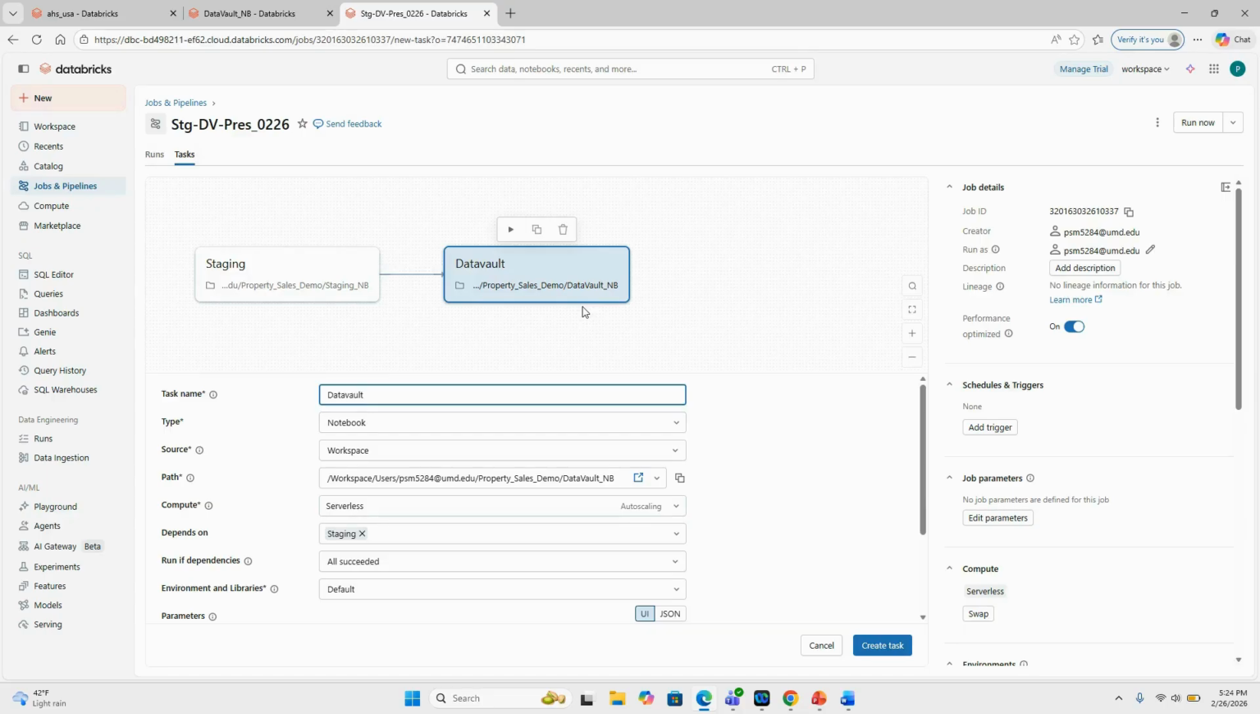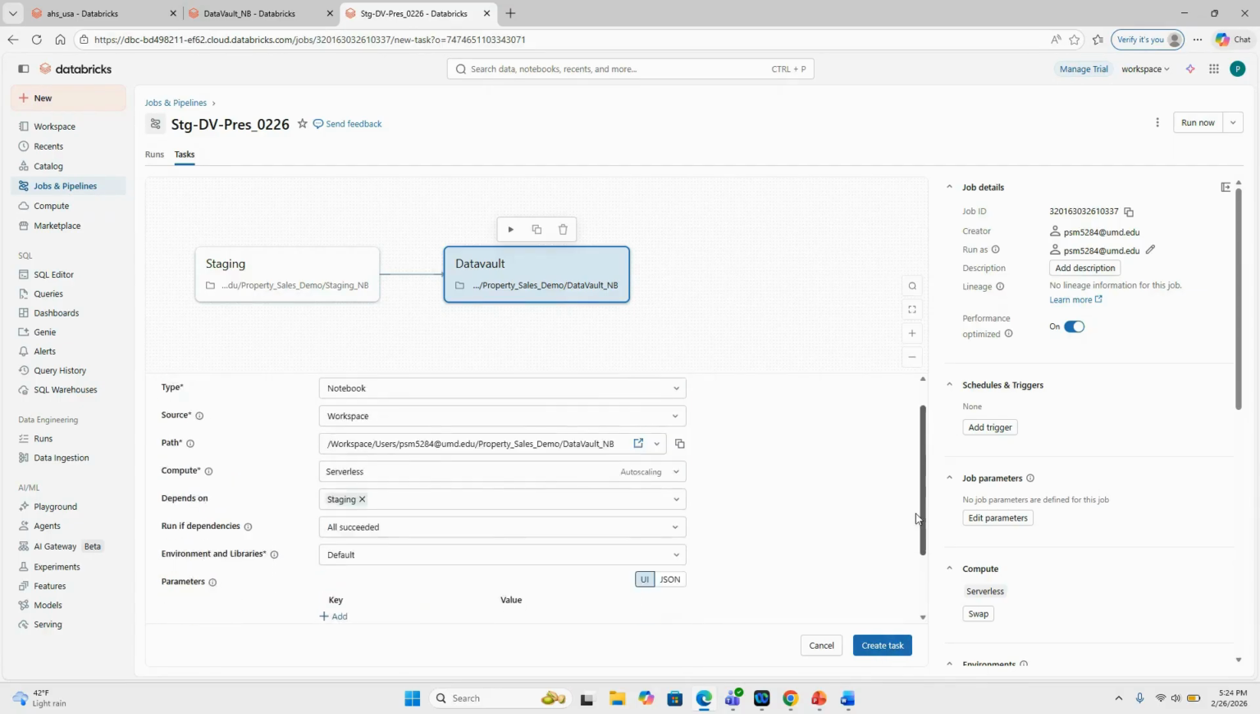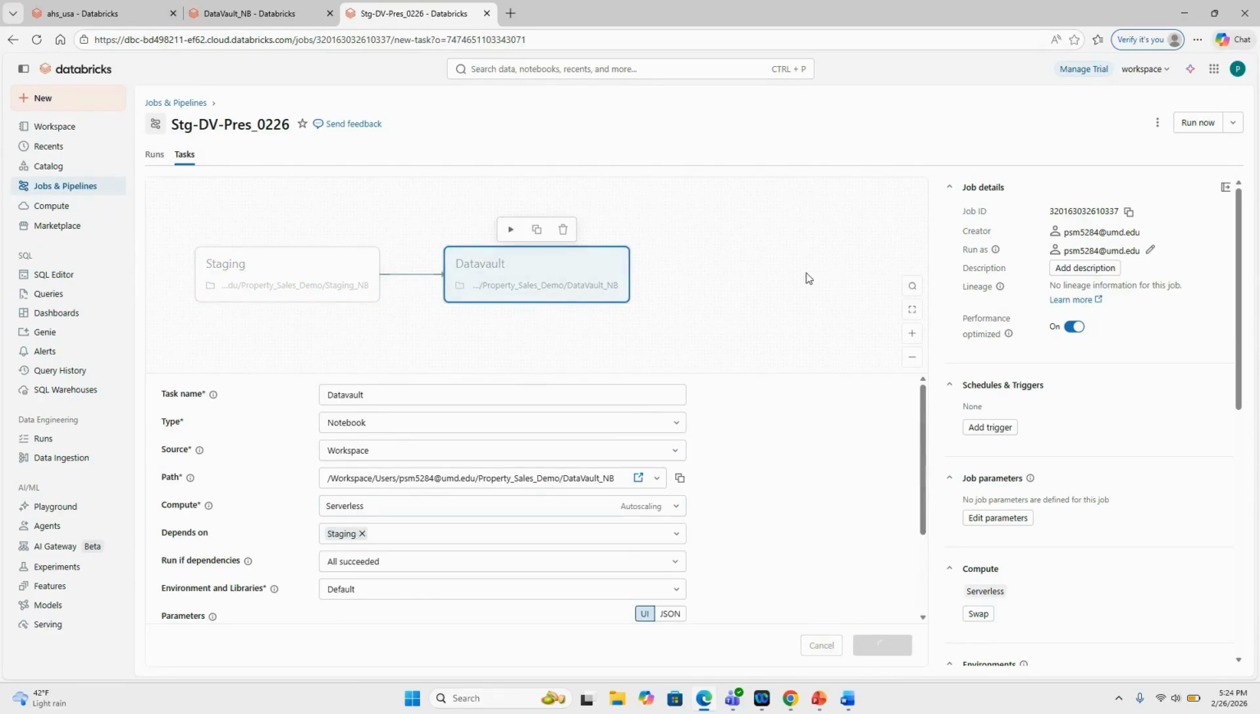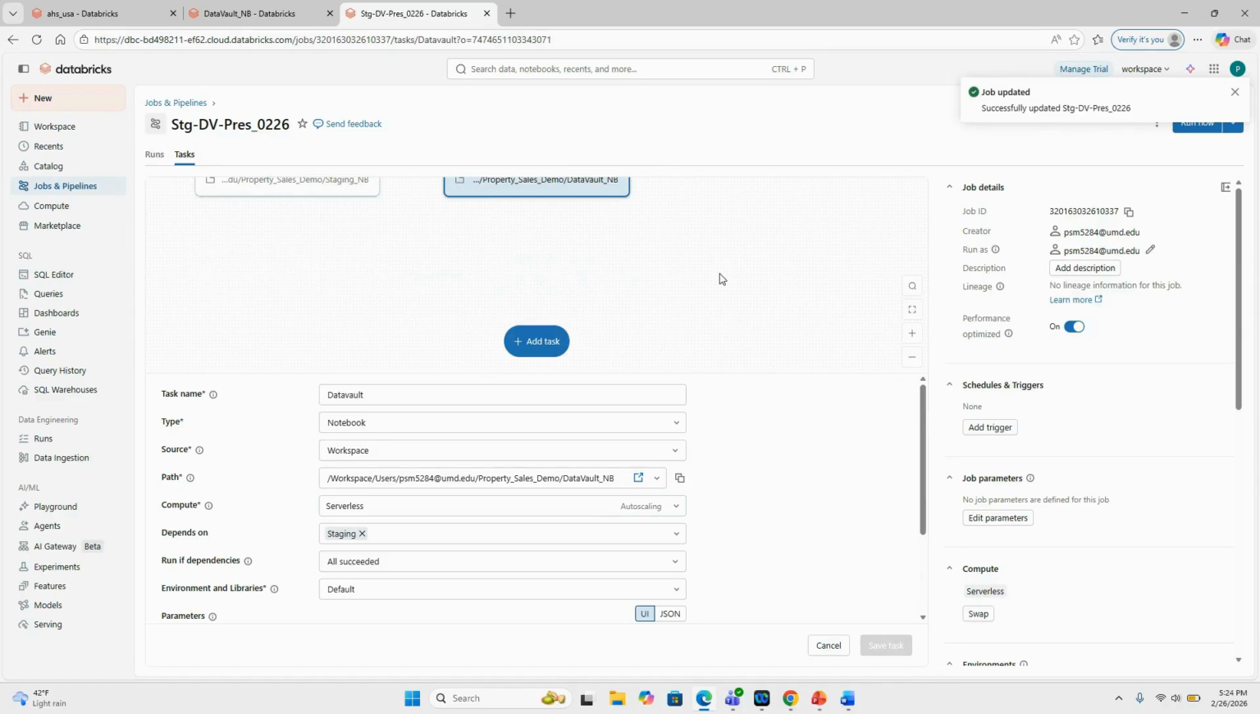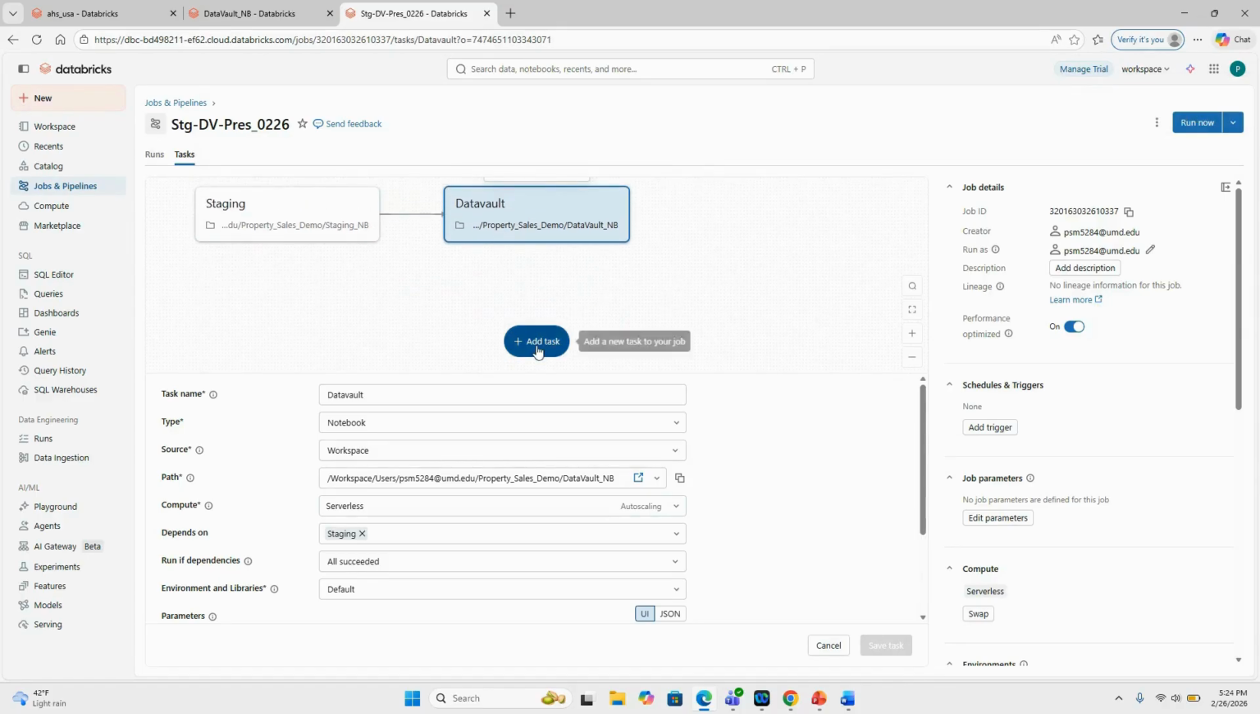So because we have listed that data vault depends on staging, until and unless staging runs successfully, Databricks is not going to run your data vault notebook. And that's what we want. So all the other things, I'm going to keep the same. I'm going to create this task. And then I'm going to add another task